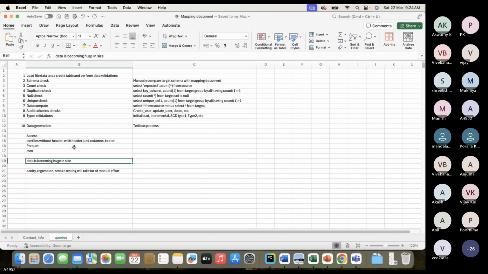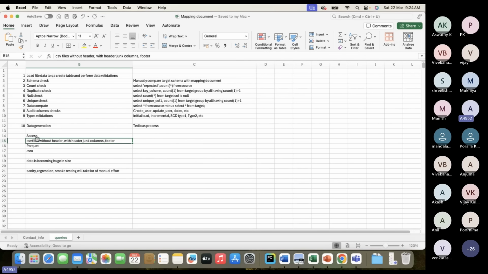Okay. So the next challenge: if your source is a CSV file or Parquet file or JSON file or Avro file, since we are working in the real world, with real data processing, data might be very huge in size. Earlier we were getting some millions of records. That's where people were using CSV files, or maybe Excel files earlier. Now a CSV file can handle even more than 1 million.